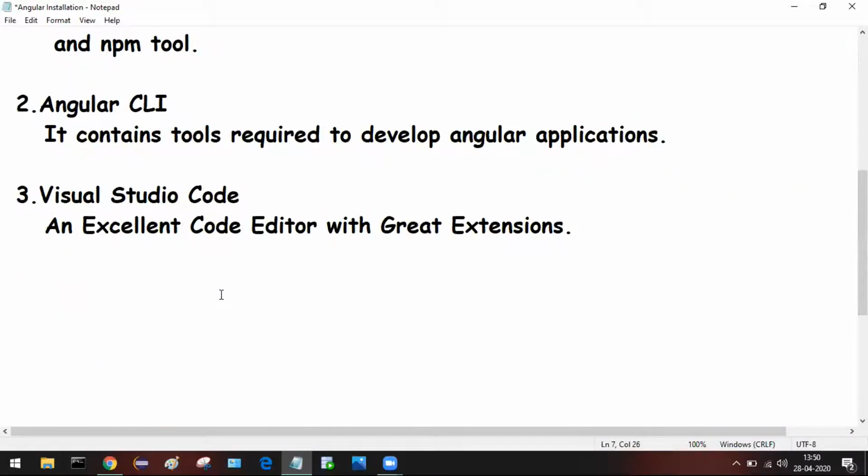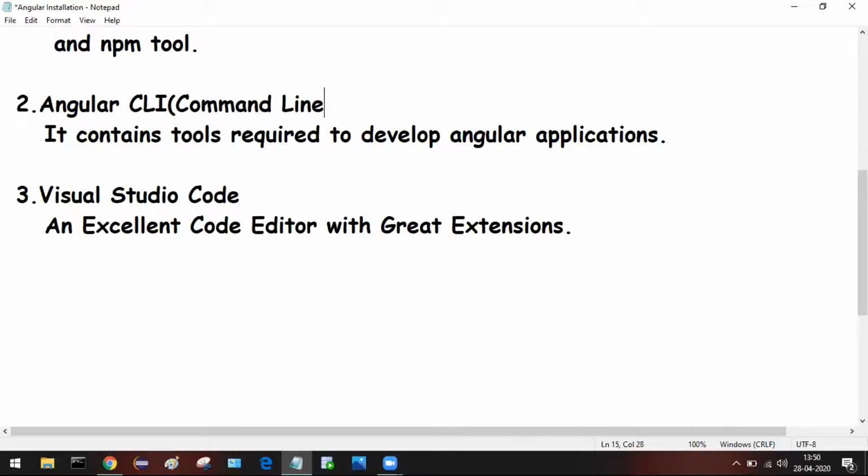The second tool for Angular development is Angular CLI, command line interface. CLI stands for command line interface.